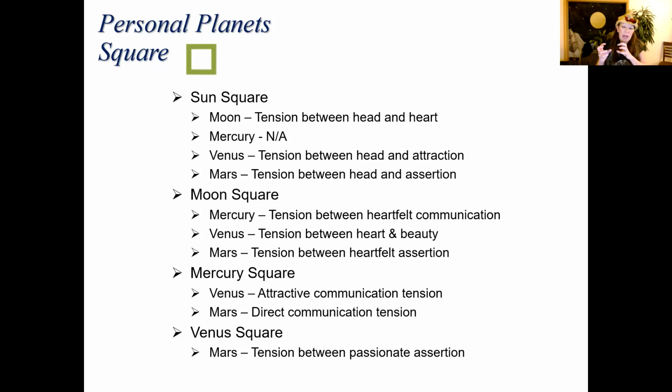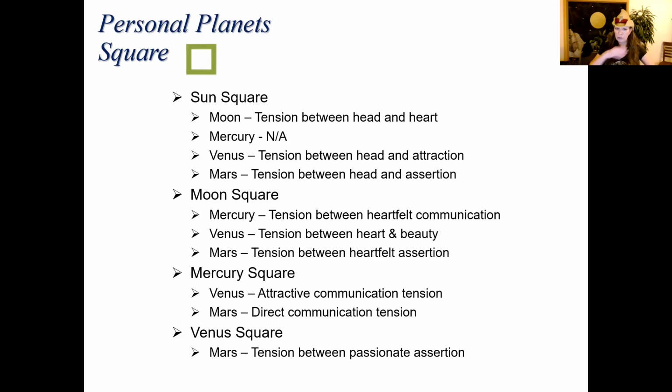There's tension on how to talk about if I'm attracted. If you have a partner who has this, give them some grace. It's not because they don't want to tell you. It's because they don't know how, and they're fussing. They're fussing in their head. Mercury squares Mars. There's tension between what they should say. They know what they want to say, but they don't know how to say it.